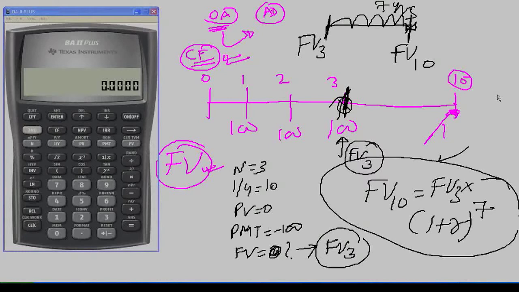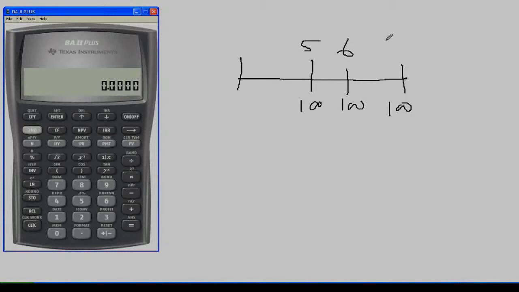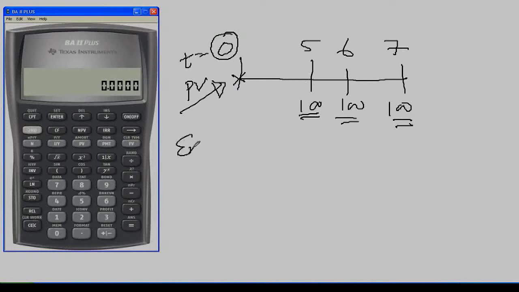Another type of problem you can get is, let's say you will be getting some amount, 100, after let's say 5 years. So the 5th year you are getting this, 6th year you are getting this, 7th you are getting this. I want to know what is the value at t equal to 0, that is, the present value of this money that you are getting on 5th, 6th and 7th. If I am solving it using the end mode, where will the PV come?